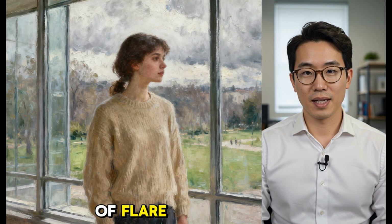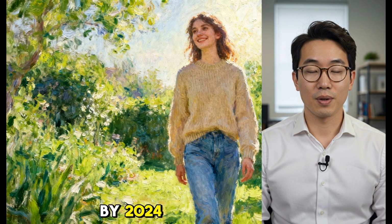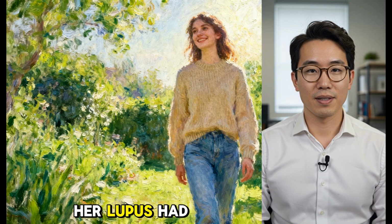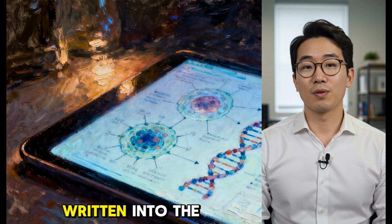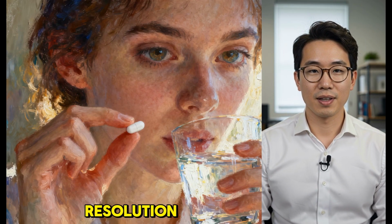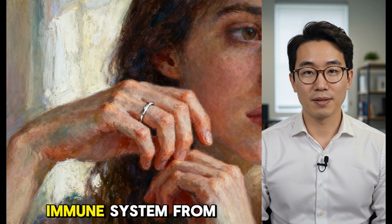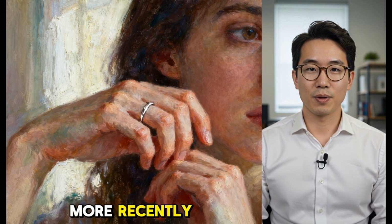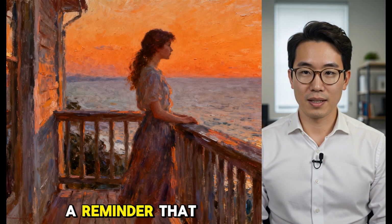cycling through periods of flare when symptoms intensify and remission when they quiet down. By 2024, Gomez shared that her lupus had moved into remission, a genuine milestone, though one that comes with an asterisk written into the biology of the disease itself. Remission is not the same as resolution, and patients typically remain on medication indefinitely to keep a genetically primed immune system from reactivating. More recently, she has spoken about developing arthritis connected to her lupus, a reminder that even in